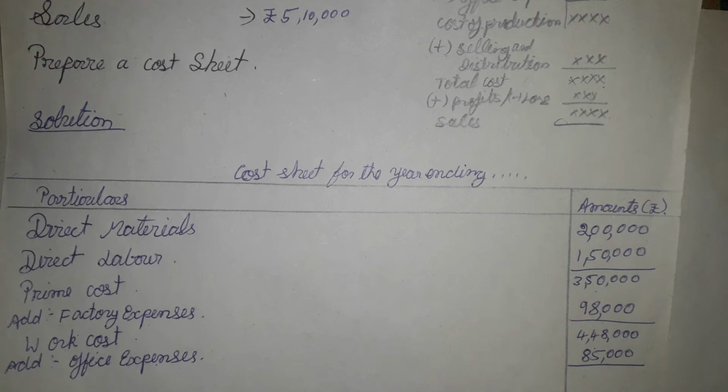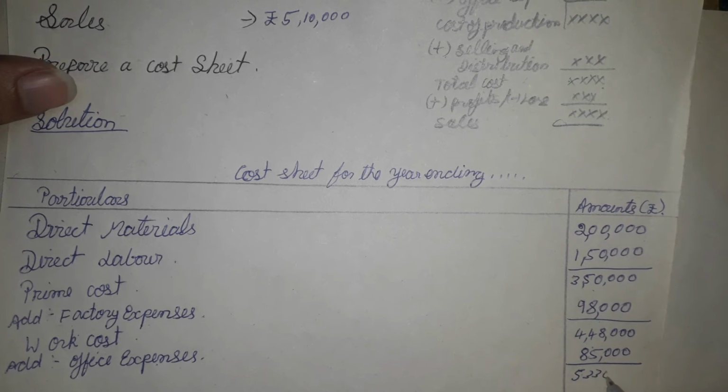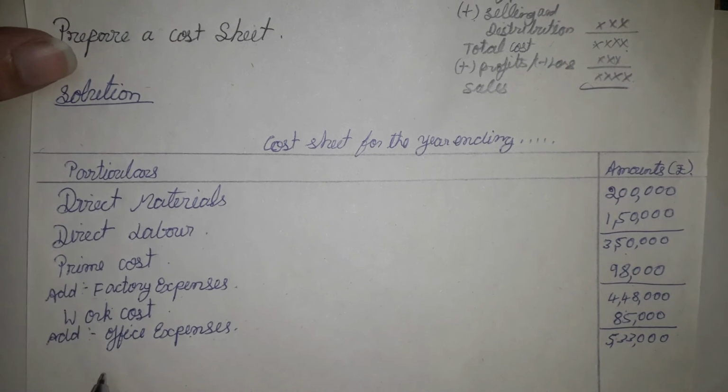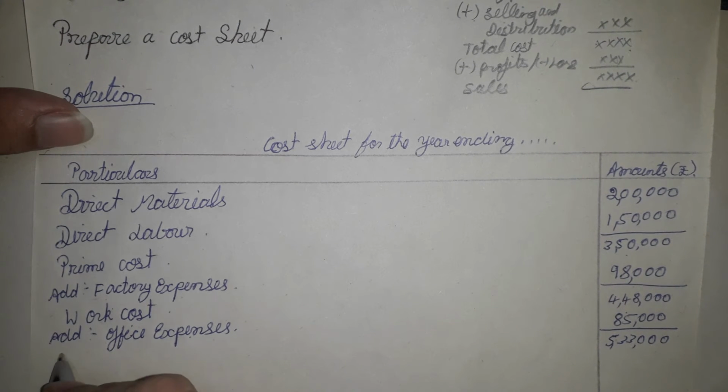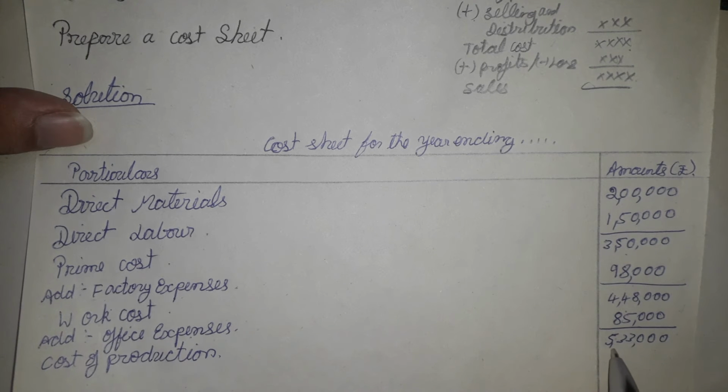So for 4,48,000 plus we have 85,000 now, which will make it 5,33,000 as our cost of production. Okay, so cost of production is